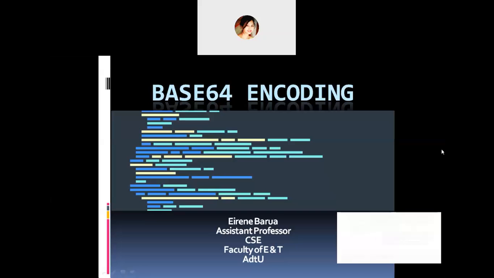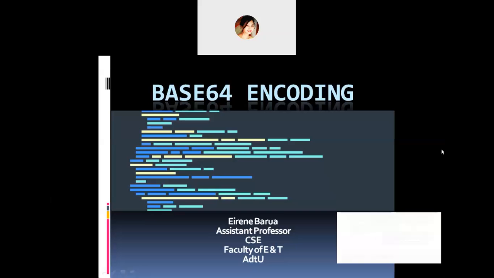So base 64 encoding, actually it's a way of taking binary data and then turning it into text so that it is more easily transmitted in things like email, HTML forms, XML documents, etc. So you can say the base 64 algorithm or encoding is a textual encoding of binary data,